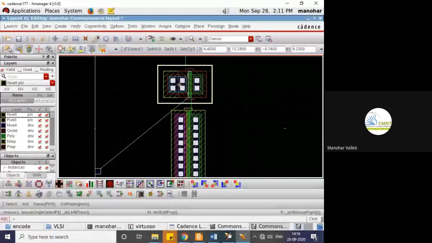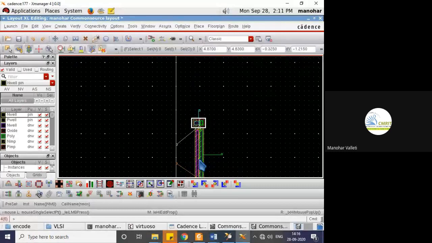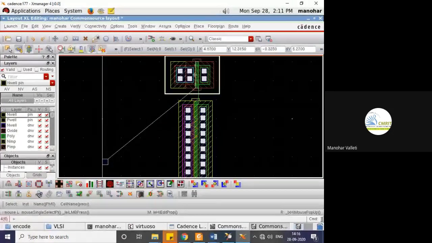Substrate integrated means substrate and source are both connected internally. So this is the source and this is the substrate. For your PMOS, the substrate has to be above, right? So I will rotate it. If you put it vertically like this, it occupies more, so I just rotate that and try to put the substrate above.